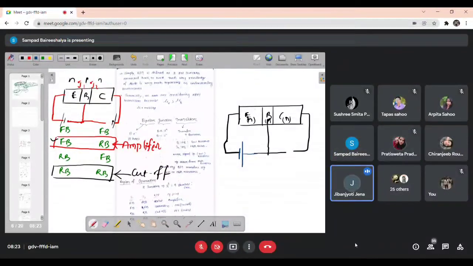What do you mean by forward bias? P साइड को पॉजिटिव टर्मिनल में कनेक्ट करना है, N साइड को नेगेटिव, this is called फॉरवर्ड बायस।